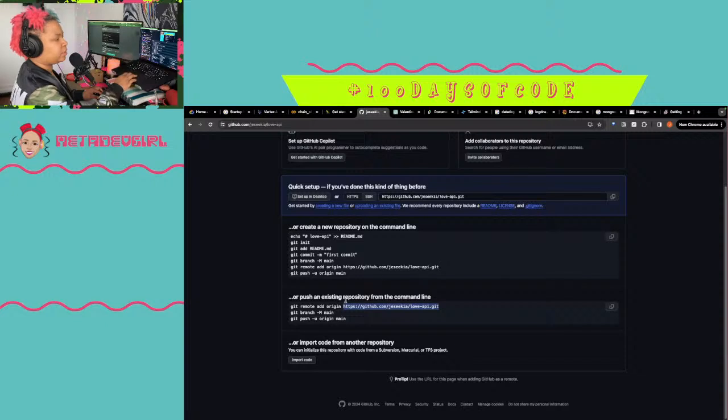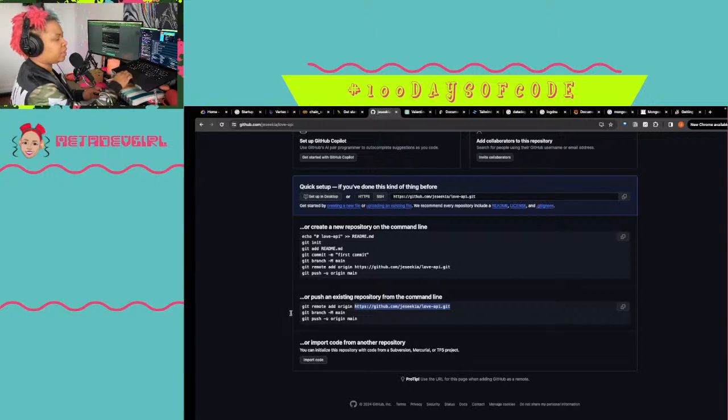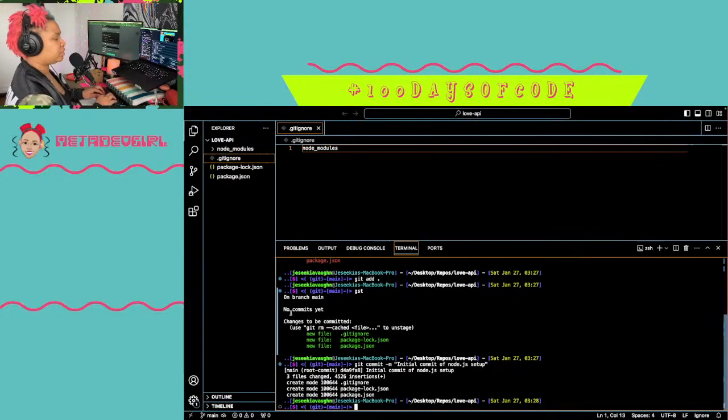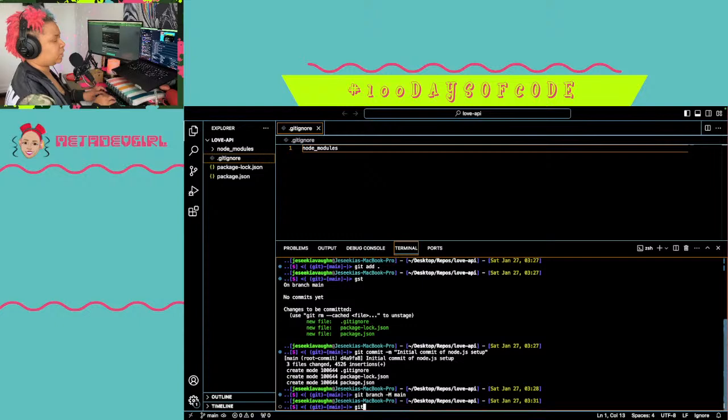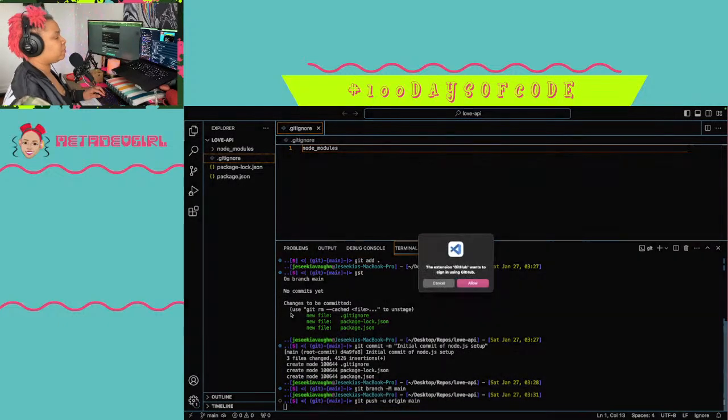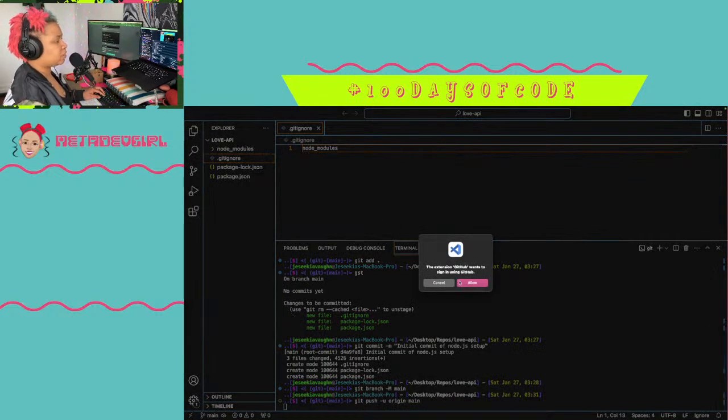Okay, yeah. Git branch dash m main, git push dash u origin main, git branch dash capital M main, and then git push dash u origin main.